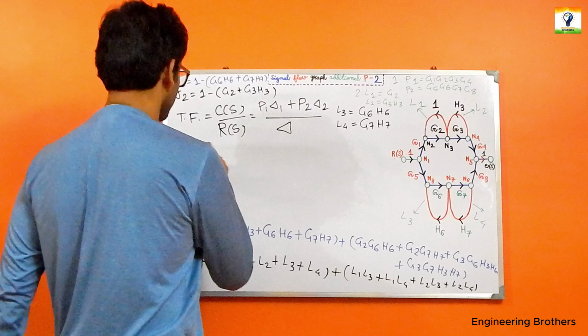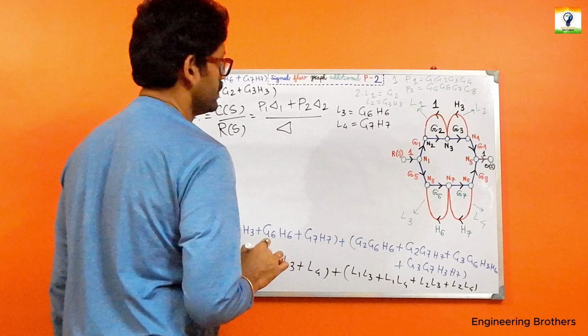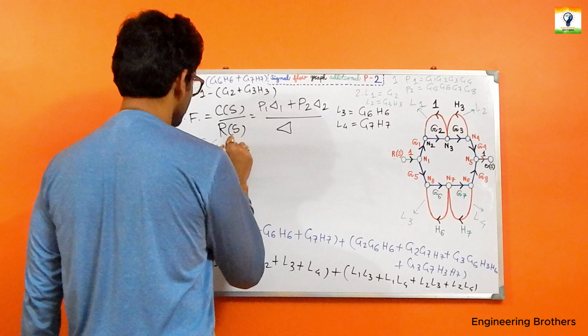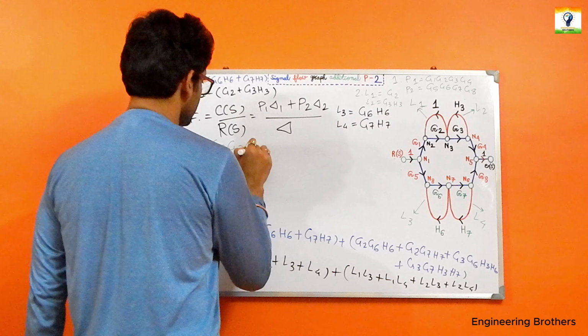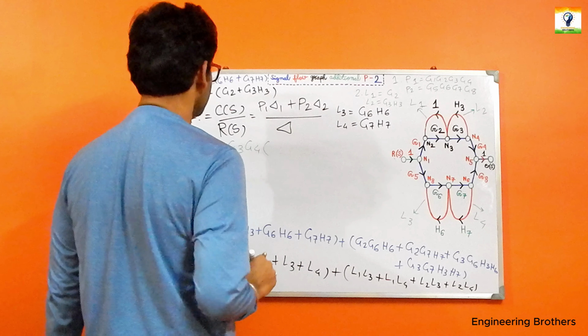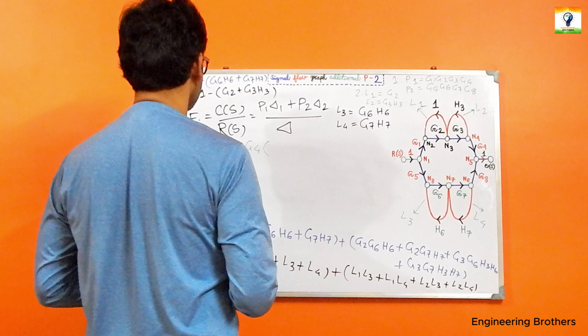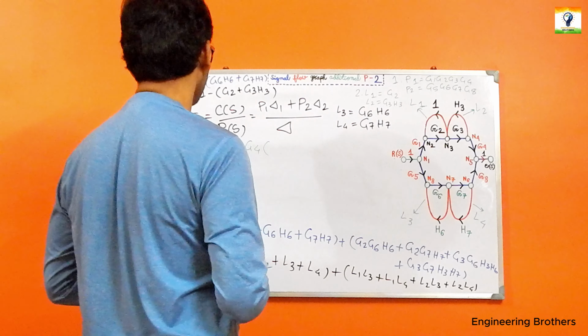We have the value for our P1, which will be G1, G2, G3, G4. The expression for our delta 1 will be 1